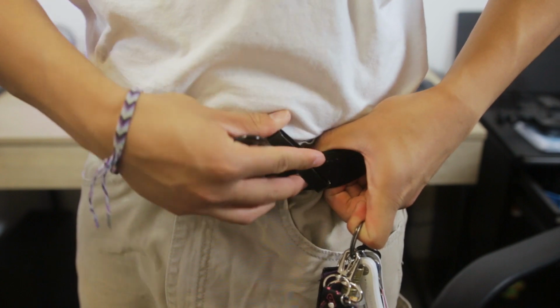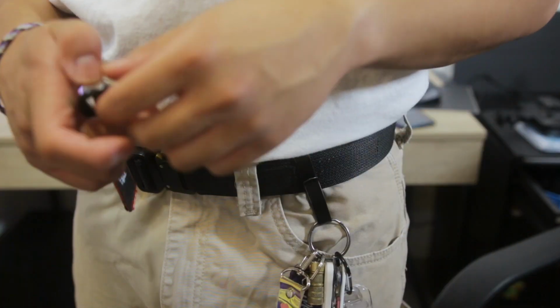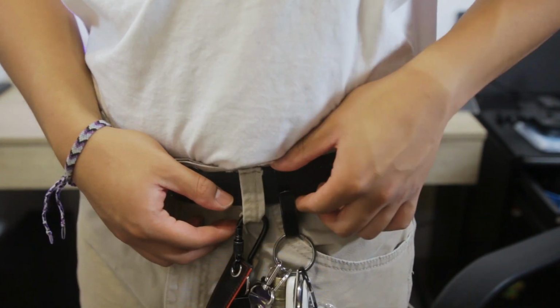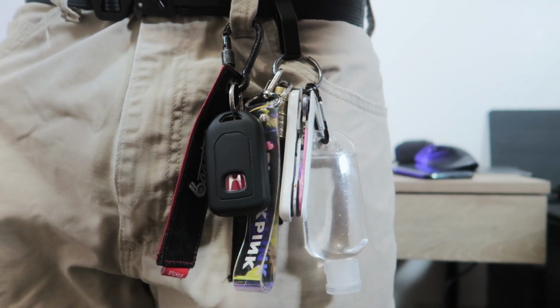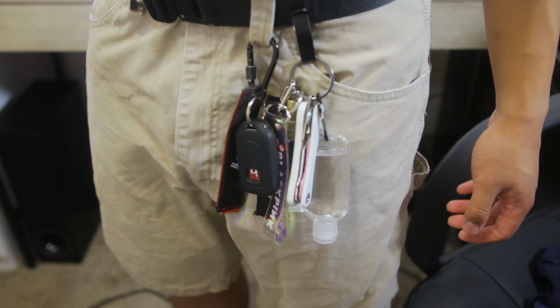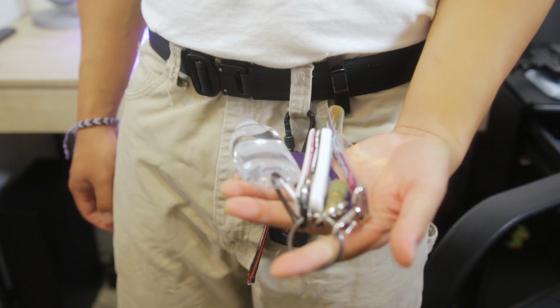ring holder. I really love this product because it's super cheap, looks really clean, and you can access your keys really fast. You just have to attach it to your belt and you're good to go. You can hang your keys from any side of your waist as long as you have a belt. I like to keep my key fob on one of the belt loops so that the length looks the same between all my keys. I don't really need quick access to my car key anyways since my car doesn't need